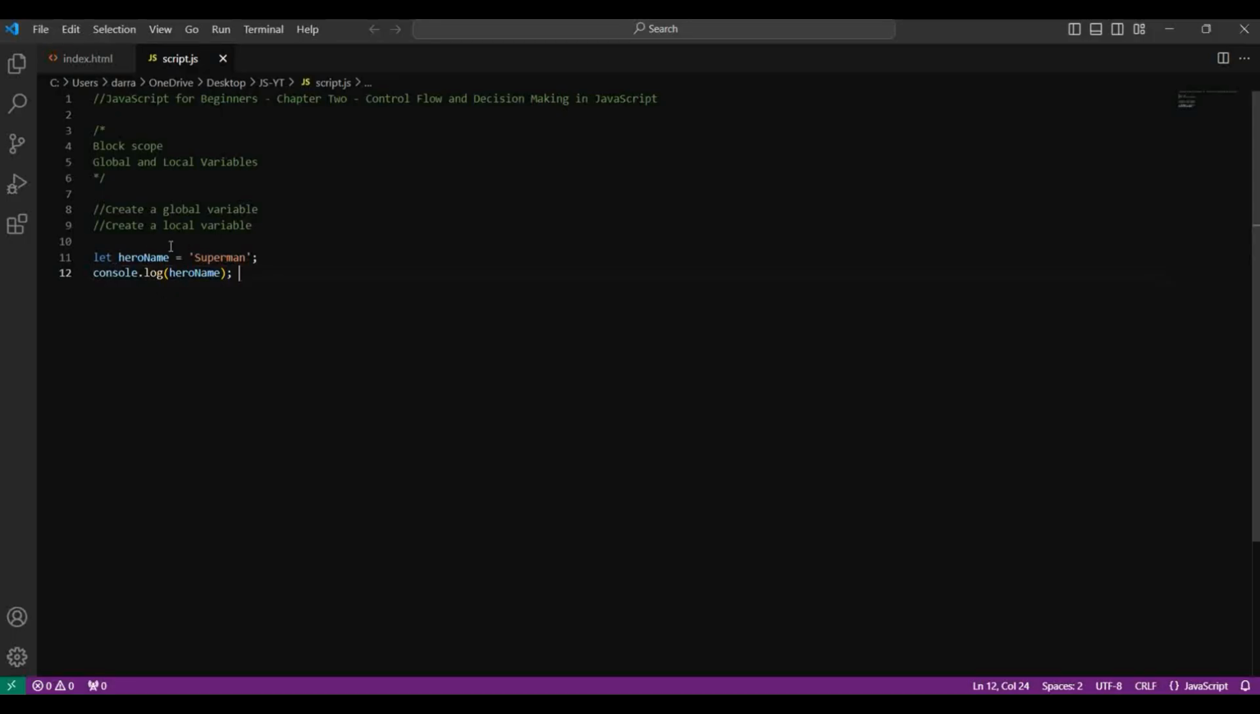Now, because I've declared this variable inside of the root of the document, i.e. not in curly braces, not within a code block, so far we've seen code blocks such as an if statement or loops, etc. We haven't got to functions yet. But essentially, it has been declared outside of curly braces, so it is in the root of the document. It is essentially a global variable. Okay, so this is a global